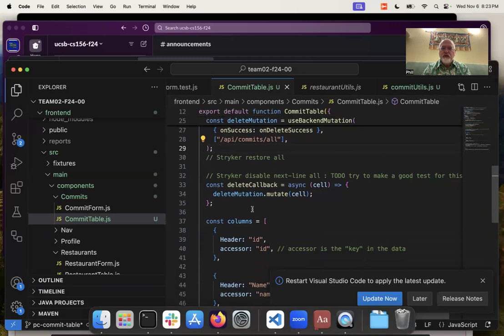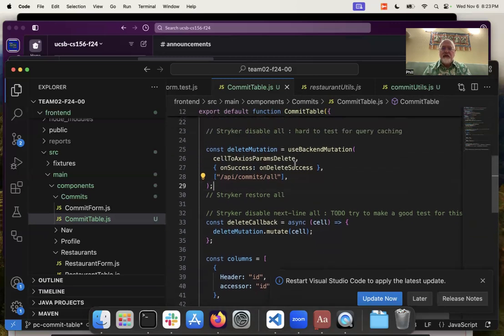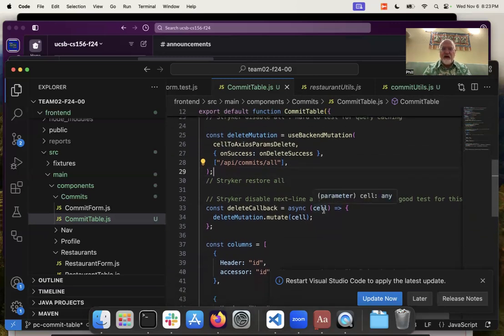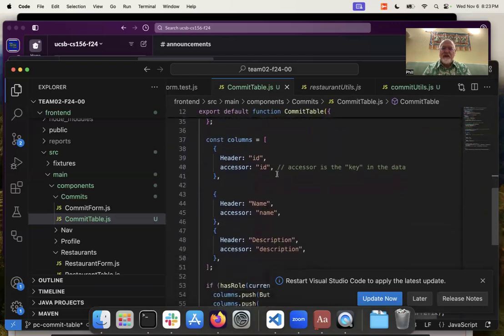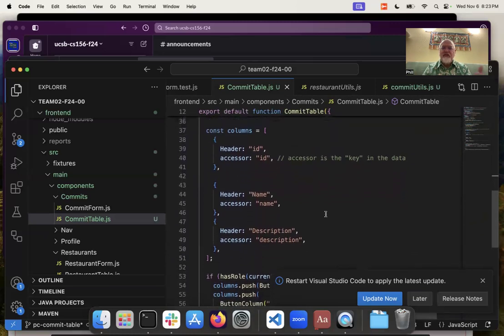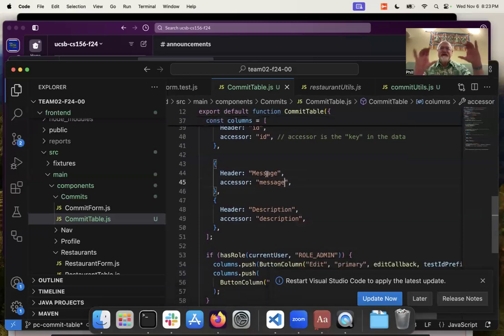Okay, here we have our delete callback, which is when we click the delete button, it's going to call the delete mutation on the cell that we clicked. Then let's see, what do we have here? Const columns, header ID, name and description. This is where we need to change this to match the fields in our database. For commits, it's message. The top one is actually the header that will show up in the table. And the second one needs to be like a variable. That's why it's lowercase. So we have message, URL,